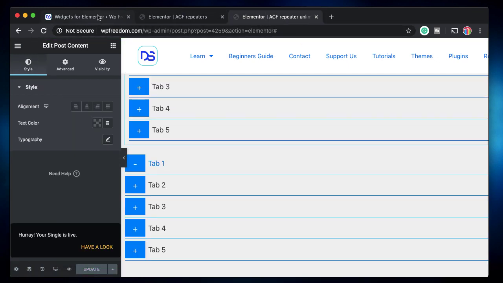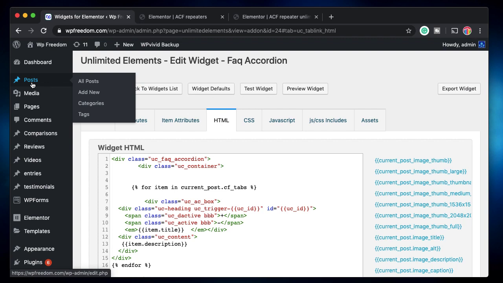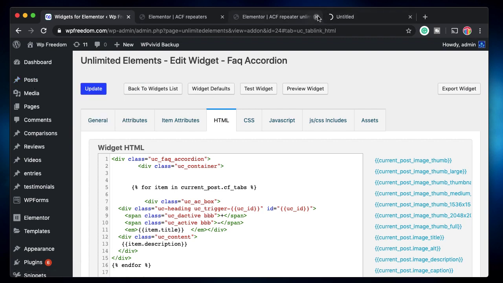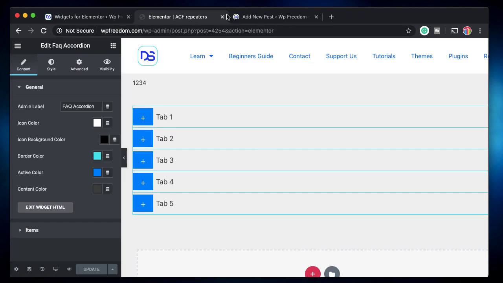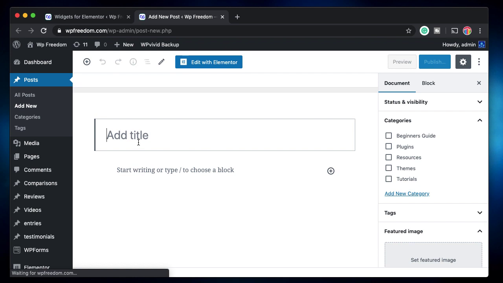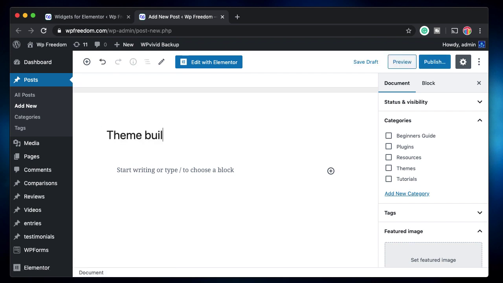Now let's create a new post. I'll click on add new, I'll delete this. Now you don't have to manually edit each and every post. This will be applied using the Elementor Pro theme builder template. I'll say theme builder test.